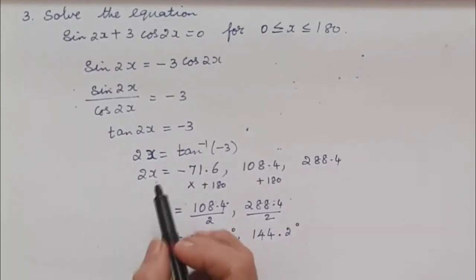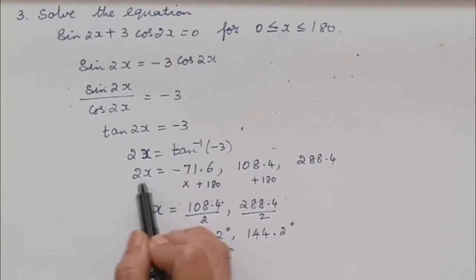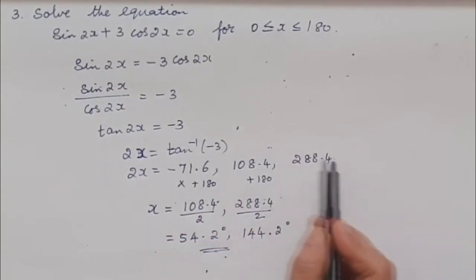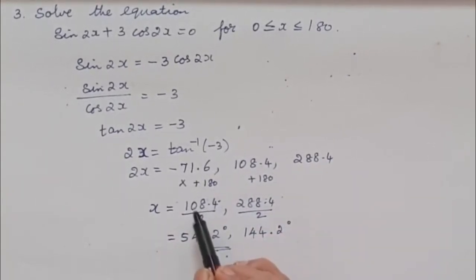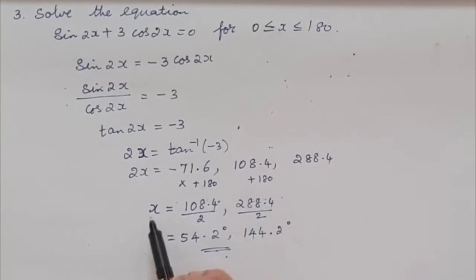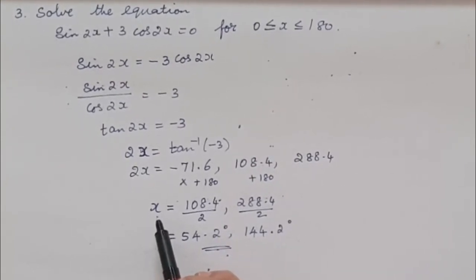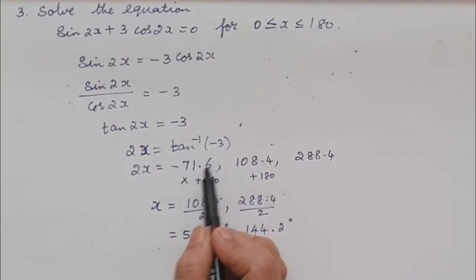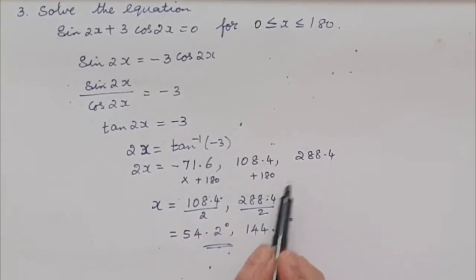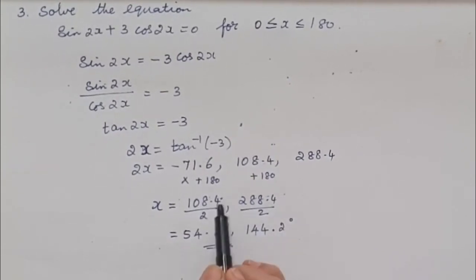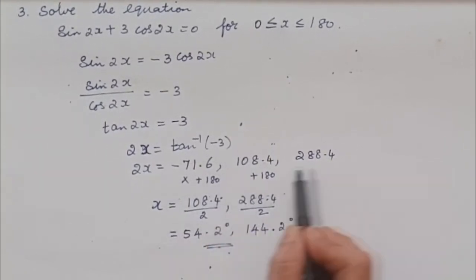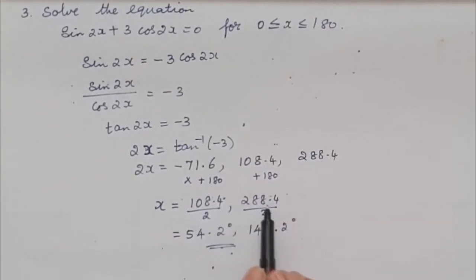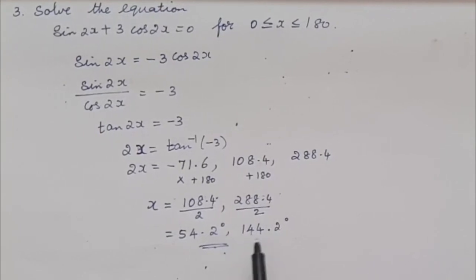In this question, you have to be very careful since you are finding only the values of 2x, not the value for x. So every value of 2x has to be found. After that, each and every value has to be divided by 2 in order to get x. Sometimes, if you just do one value and then divide by 2, then when you add and subtract 180, your answers will go wrong. So you have to be very careful that you find every value for 2x. Then finally divide each and every value by 2 so that you will get your values for x.